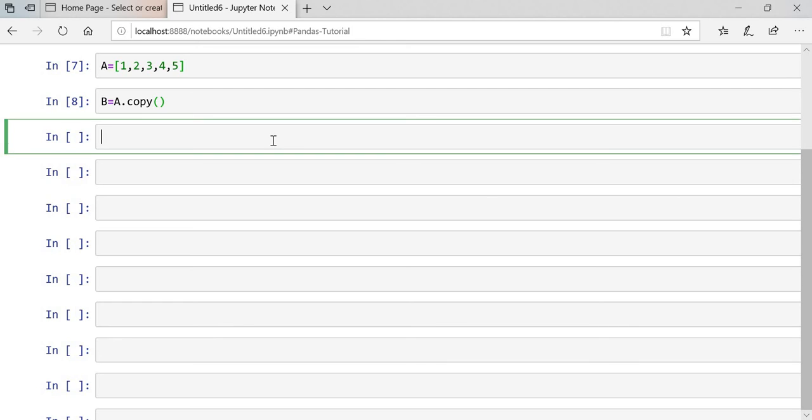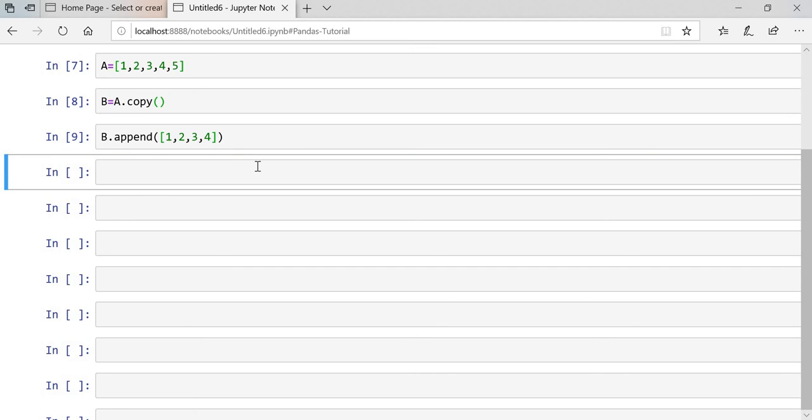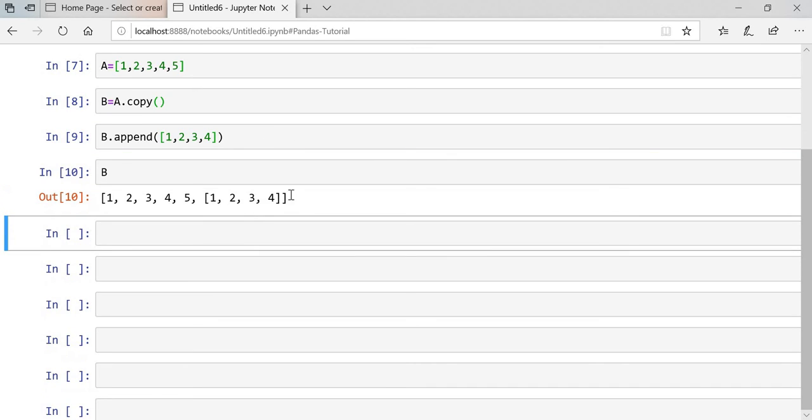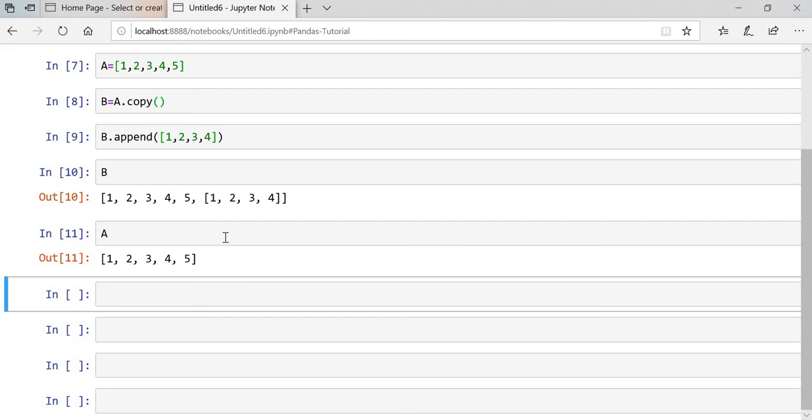Now if you append to your list, let's say I want to append one list inside, once you execute, you can see in B the list is appended. If you check A, it is not appended, because we have already copied your first list, that is A. So this is very important guys.